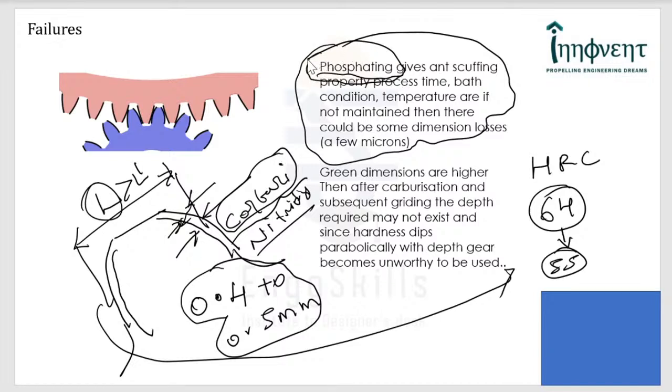And this process has to be very carefully done, because a carburized gear is very reactive in a phosphating bath. You not just have to be worried about the bath pH value, the temperature, and the time of exposure. If you expose the component for a longer period of time, then there is every possibility that the gear might lose dimensions. So we are now looking at one more important facet of design, that is heat treatment and surface engineering. So let's move on.